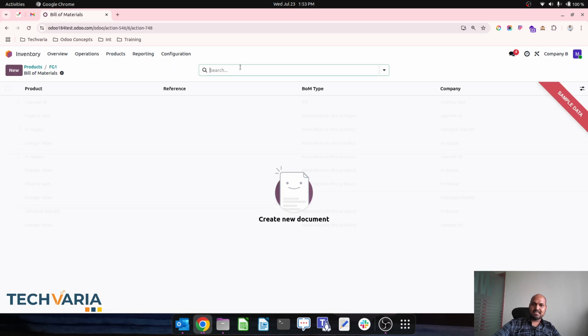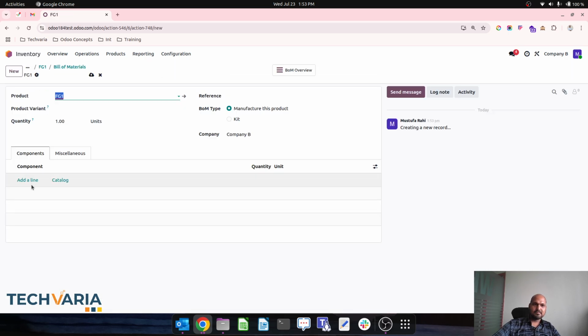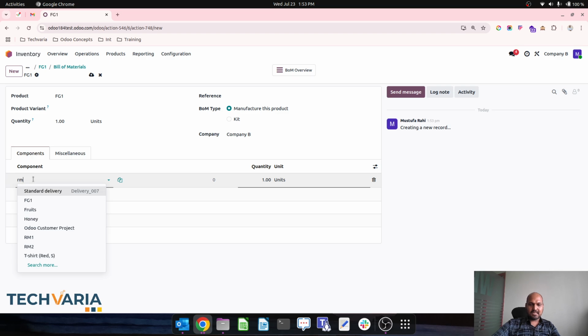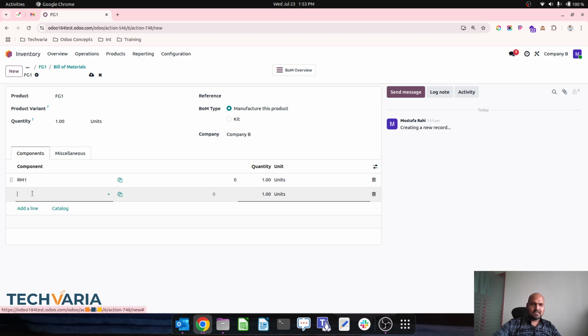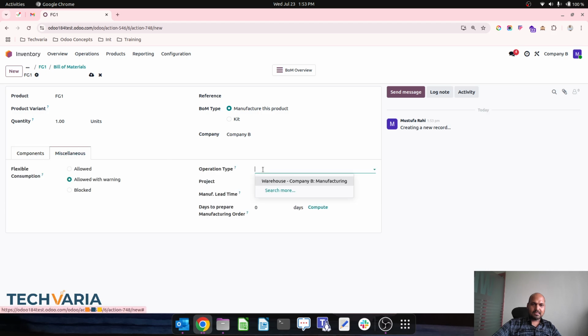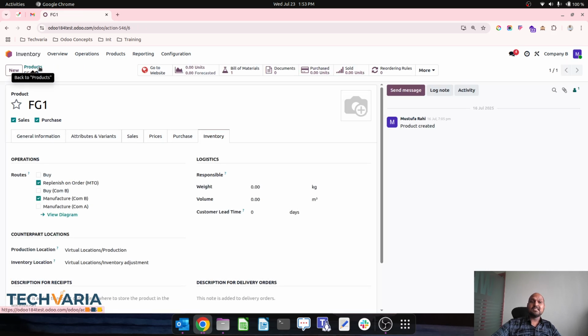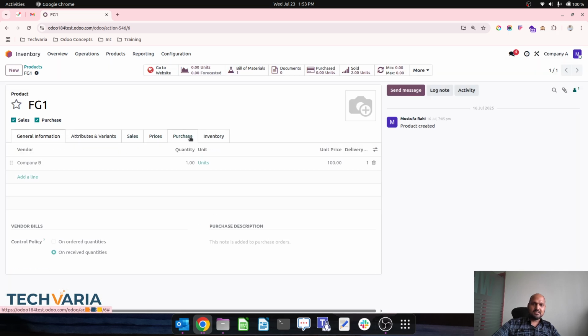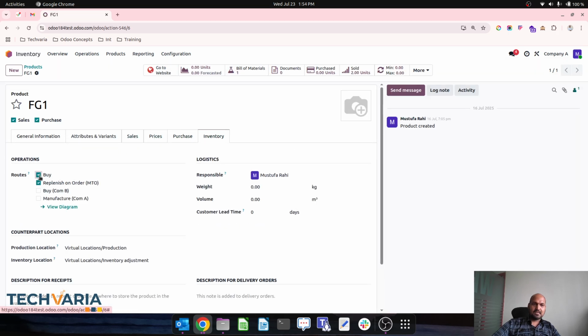Once I am set with that, I will define its BOM in company B like RM1, RM2, and then operation type will be manufactured. So by setting this now for the same FG1 product, I have defined the routes, correct? So if I switch to company A, now you can see I will have buy route and MTO route, while in company B,